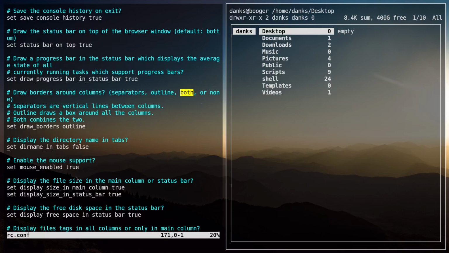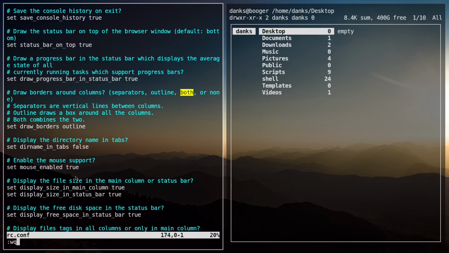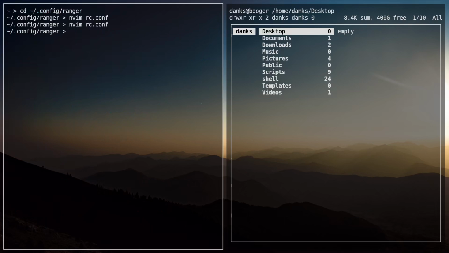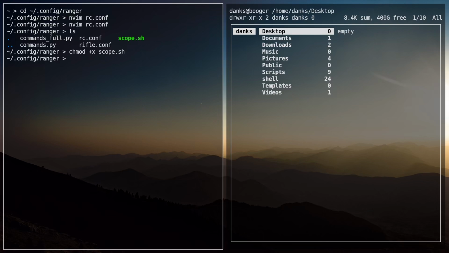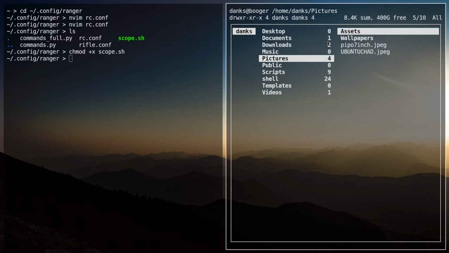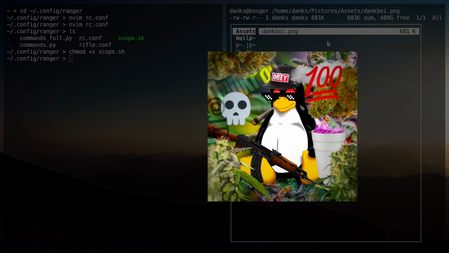That's pretty much all of it. Let's quit. The next thing you need to do is, if you look in this file, you see there's scope.sh. You want to make sure you chmod that. I'm just going to do it to show you guys what the command is. That's what you would type, but technically it's already done, as you can see, it's in green. What that does is it makes it so I can actually go into the pictures now and get a